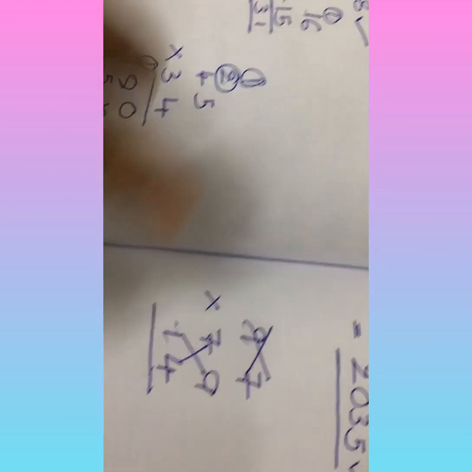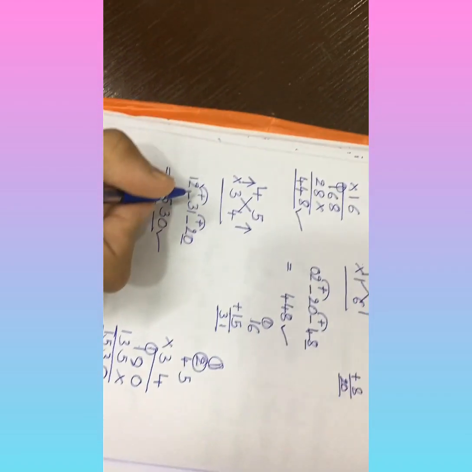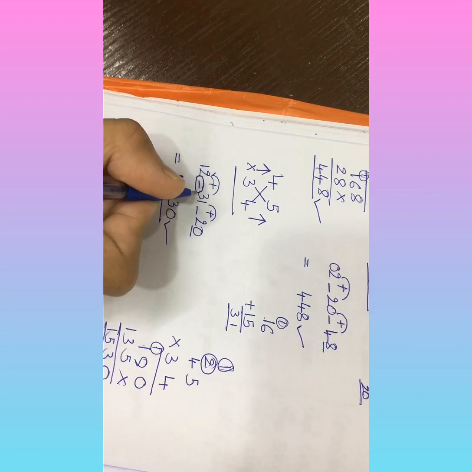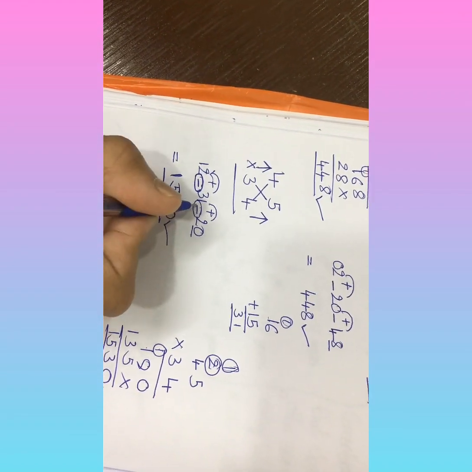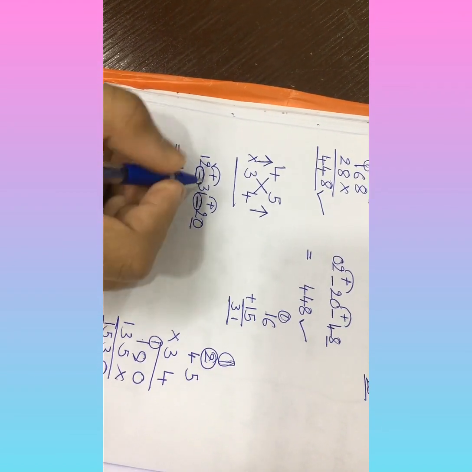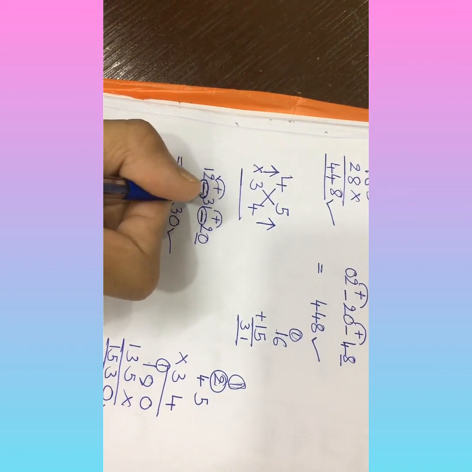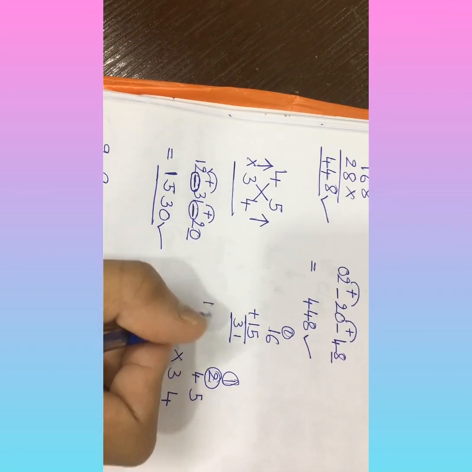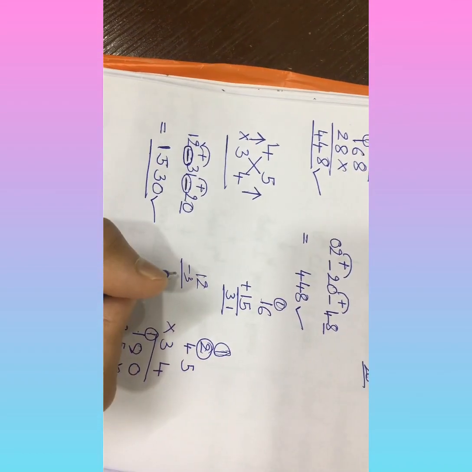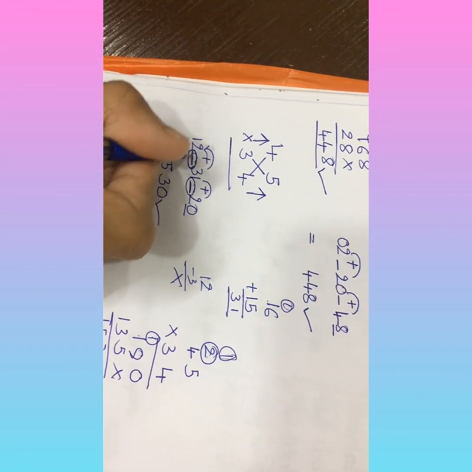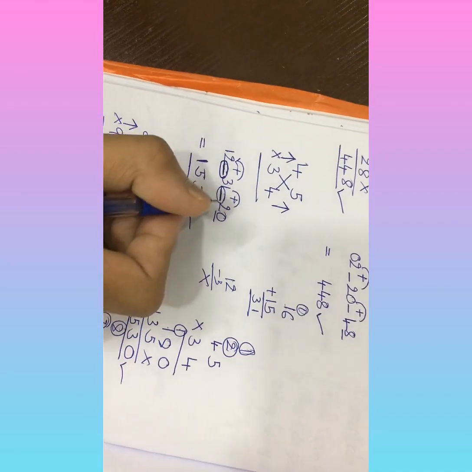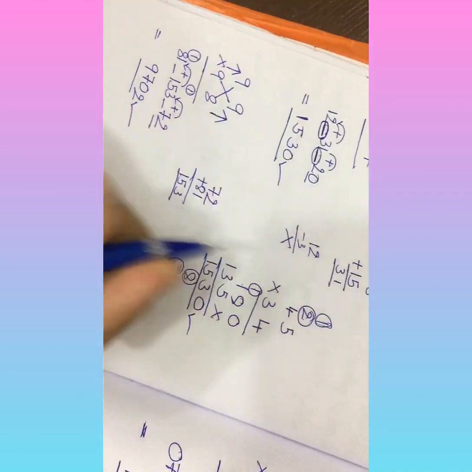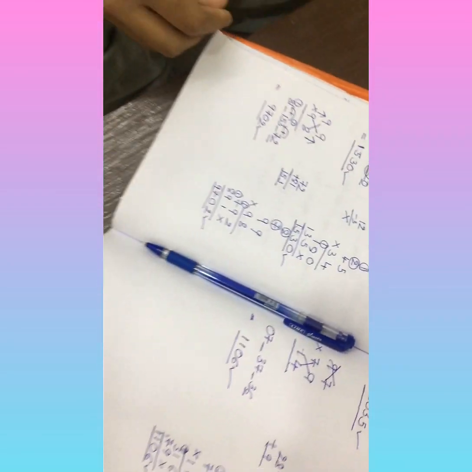So all of you mainly remember that this is not a subtraction symbol. This dash is just used for our understanding. Don't think that this is a subtraction symbol. If you do 12 minus 3, this will become wrong. So don't think this is a subtraction symbol. This is for our understanding. So this is just a dash. So definitely this trick will help you.